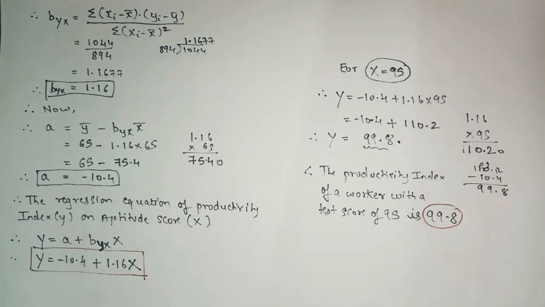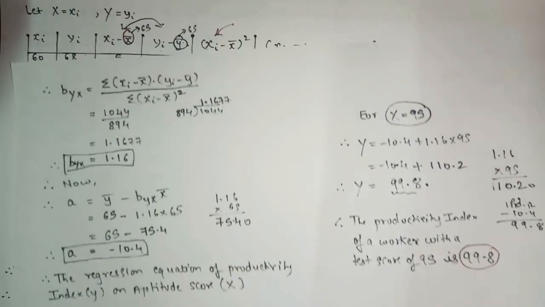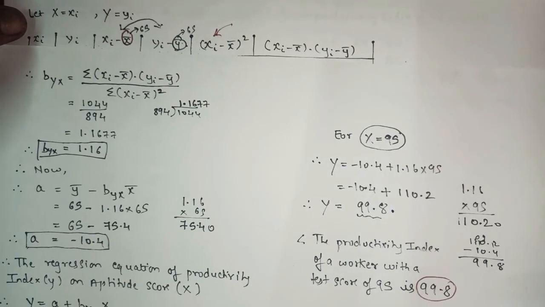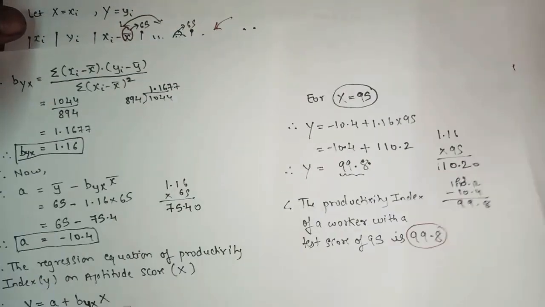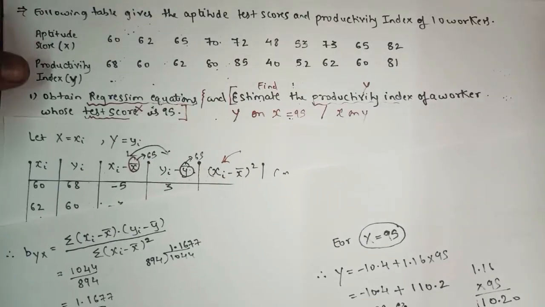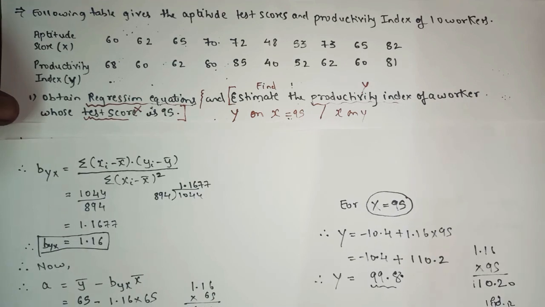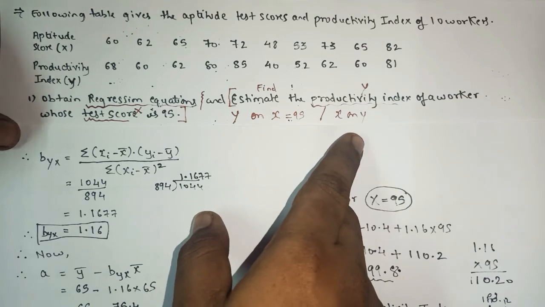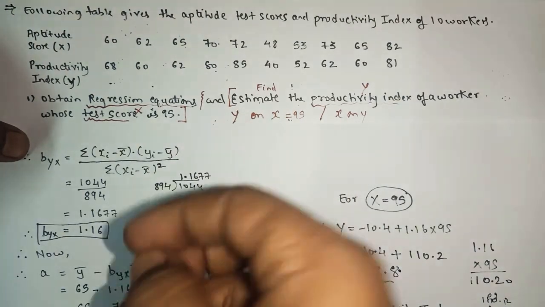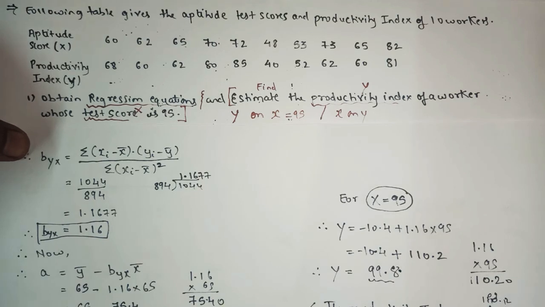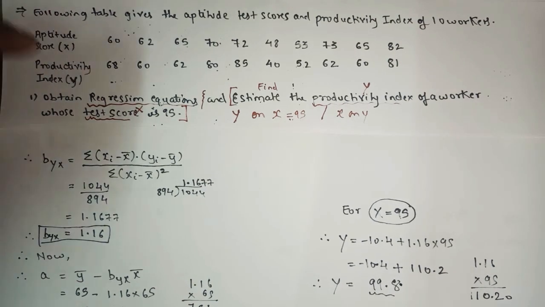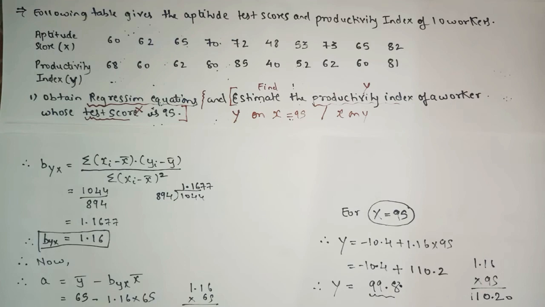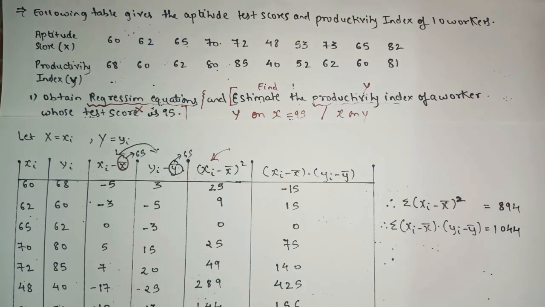Okay. So in the previous lecture we saw a sum based on the smaller value, and here we saw a sum based on the larger value, and even the pattern of the question was different. There are some sums in exercise number 3.1 where you have to guess first whether we have to find x on y or y on x. It is not mentioned clearly what exactly you have to find in this question. Understood? So after reading the question you will come to know what exactly we have to find. According to that you will construct the table.